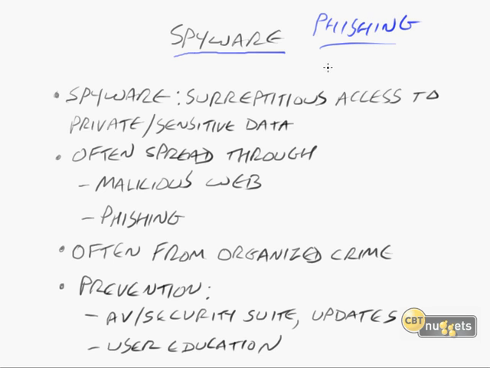This is where they will send you something in an email, and it's intended to have you click on it or open an attachment or whatever. And what it's intended to do is to provide surreptitious access to private and/or sensitive data. And I just like using the word surreptitious. I'm not quite sure why. But anyway, they want to access your information without you knowing it, is what that basically is saying.